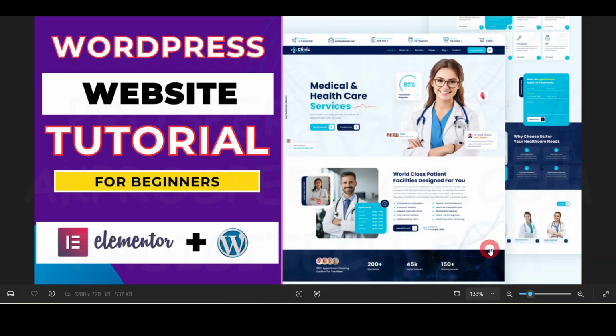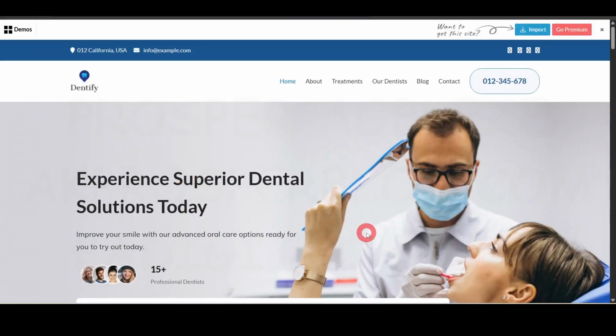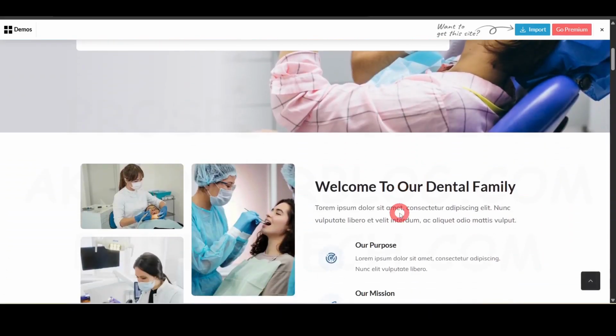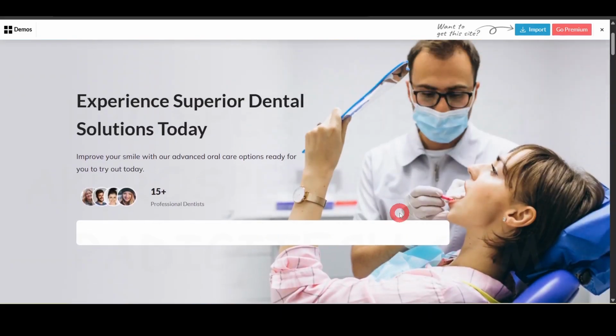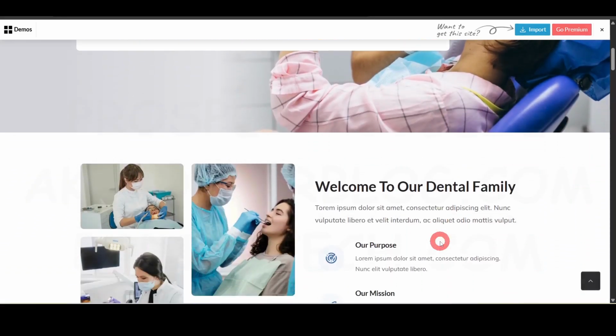Okay, so let me give you a snippet of the website we are going to be making reference to. All right, so this right here is the website we're going to be making reference to. So I'm walking you through how you can achieve a website like this. Now for this website in particular, if you see it now, you see that it's a dental service kind of website. However, with all the things you're going to be learning in this video, you can also